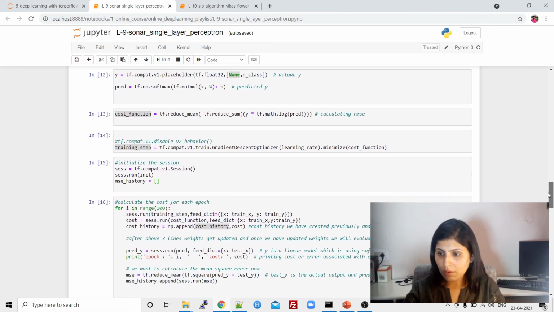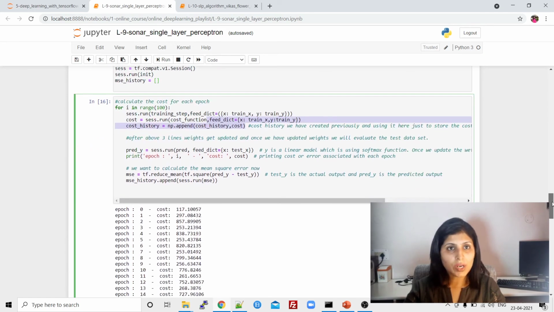So we have calculated the cost. The training process is done now. Now we are testing our code. How are we testing our code? Pred: what is there in this variable? This is the code for our perceptron, right? We have predicted the y value in it.